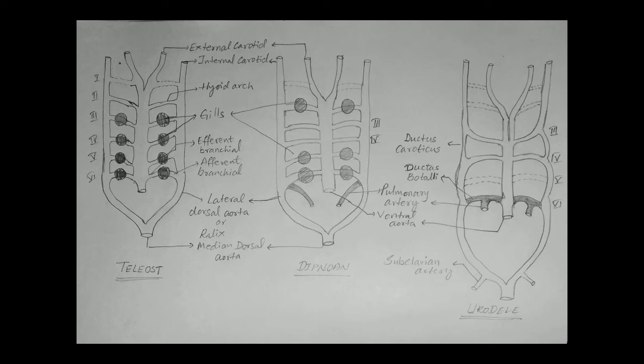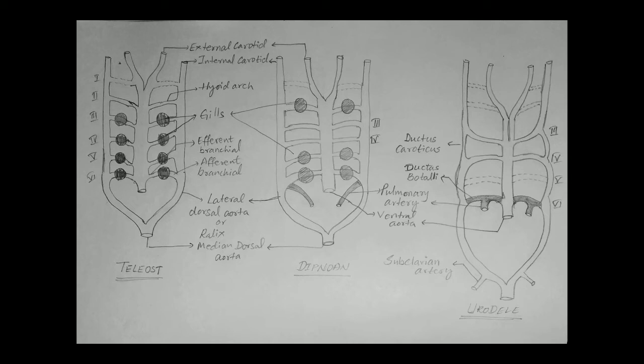Now, in elasmobranchs and in lungfishes, each arch is generally different from the previous one, and the fourth embryonic arches are united by gill slits, whereas the sixth is divided and continues as the pulmonary artery. Then if you talk about amphibians, in the third diagram, the dotted lines represent the disappearing blood vessels and aortic arches, and the clear lines are the ones which remain.